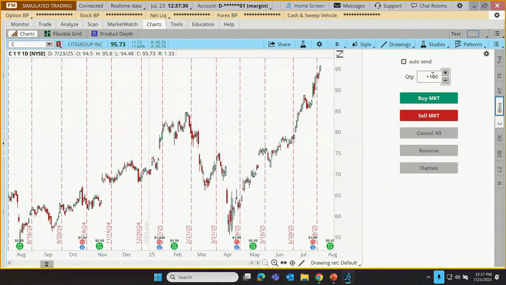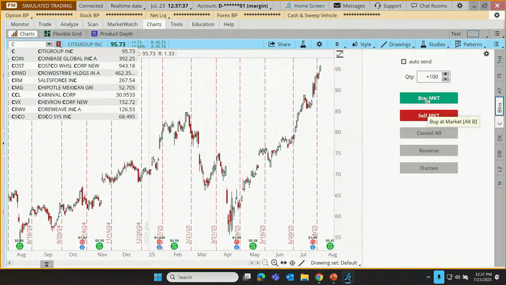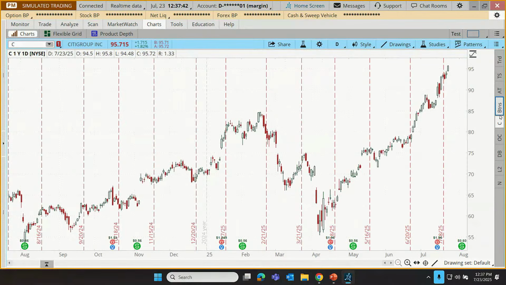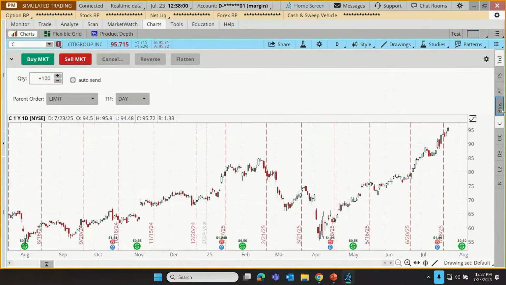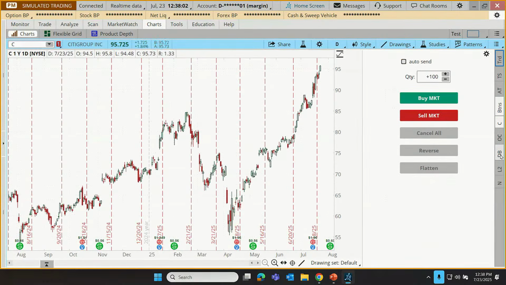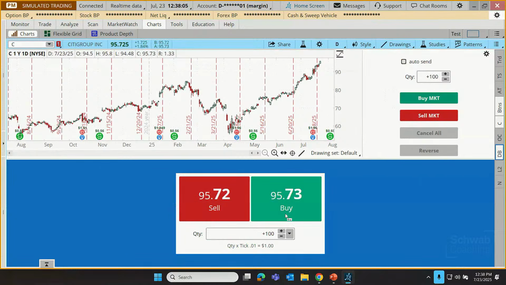Our buttons is another trade feature. Difference here is now our chart is over to the left. We have the buttons off to the right. We can buy and sell shares, cancel, reverse, flatten right there. Or I'm gonna skip over charts and down one more, just to show you that we can also have buy, sell down at the bottom. So we can put it up at the top with trade, we can have buttons to the right, or we can have the dashboard down at the bottom.